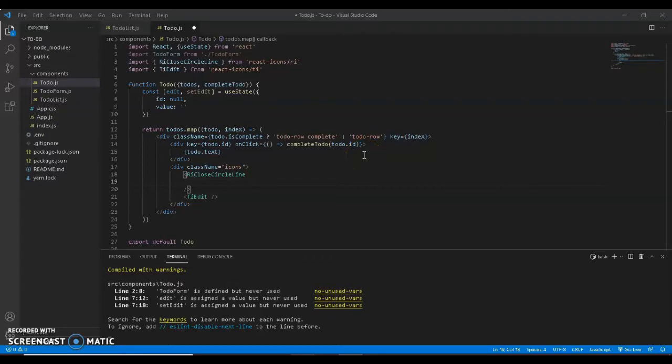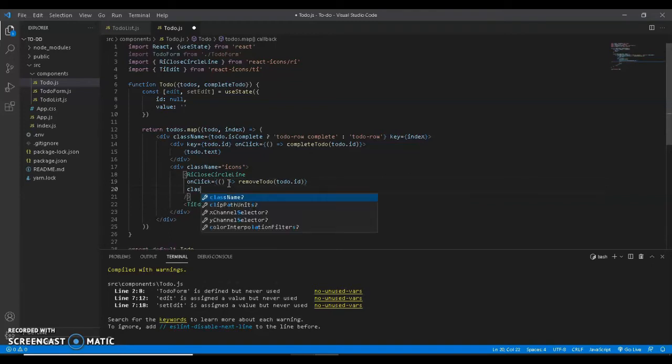So I'm gonna start from where we were left off. So I will add here click event: click equals to curly braces parentheses, and over here it's arrow, and then it goes to removeTodo and then brackets, then it goes with todo.id, and here I have to go with className equals to delete icon,